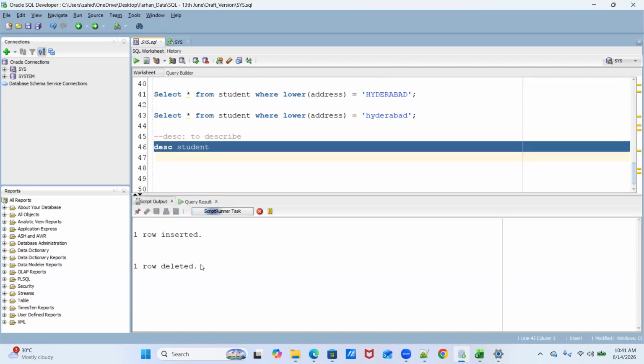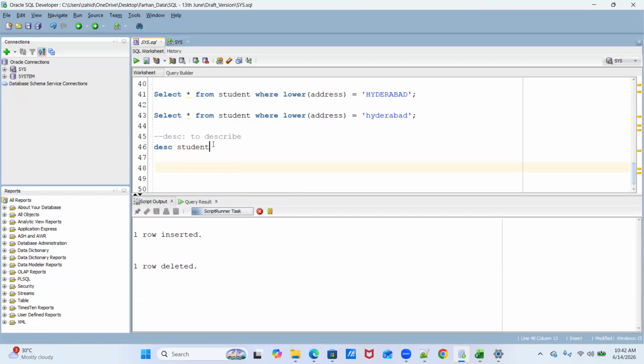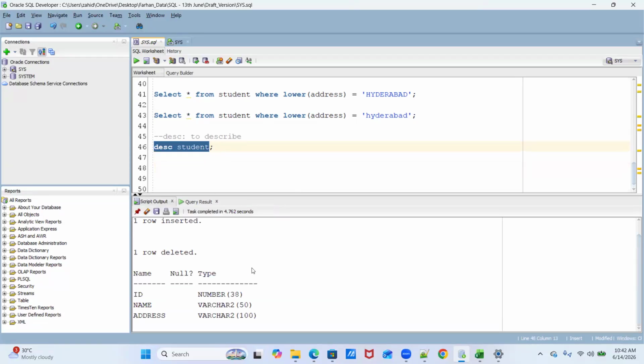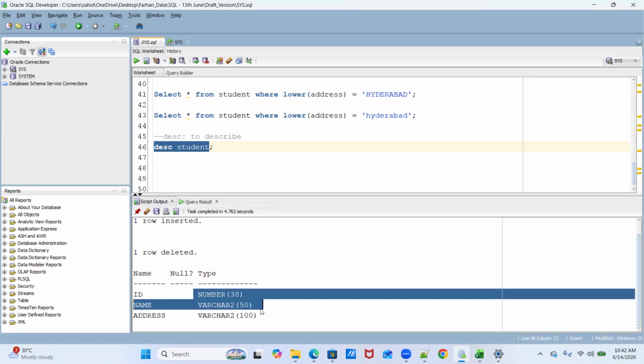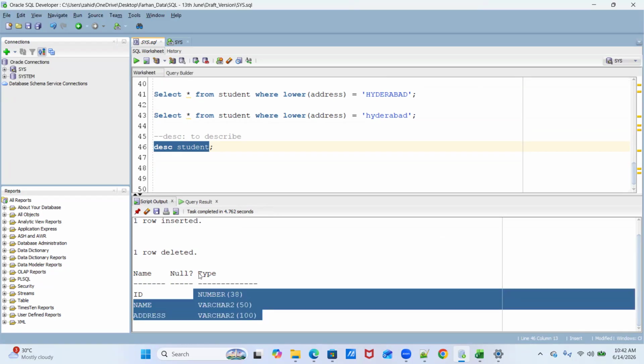So if you execute it, see what you'll see. We have ID, we have name, we have address. So these three columns we have in our table, and then these were the data types. This null and all, just leave it for the time being. We'll explain it later in the class. Okay, so these are the data types of these three columns. So this is just to validate whether you have created the table or not. If not, then you can go ahead and create the table with the same name.